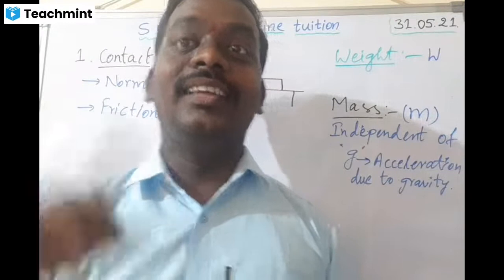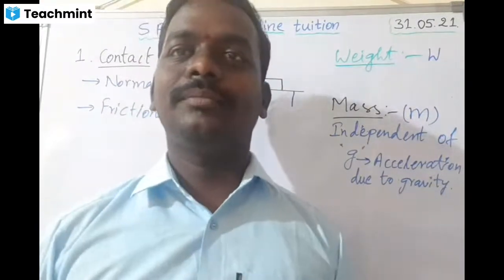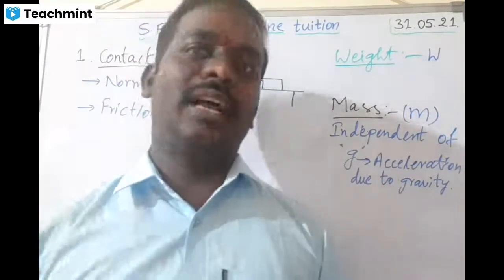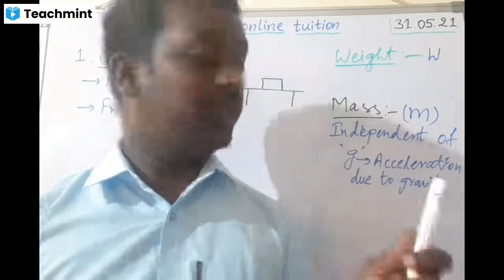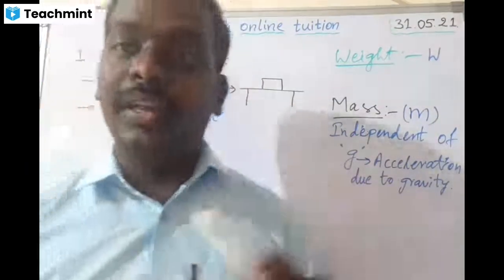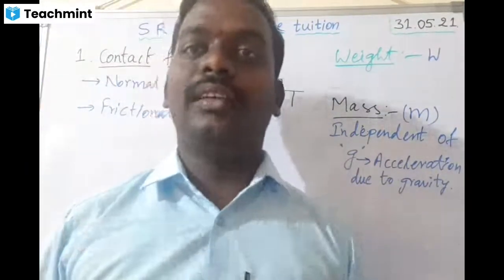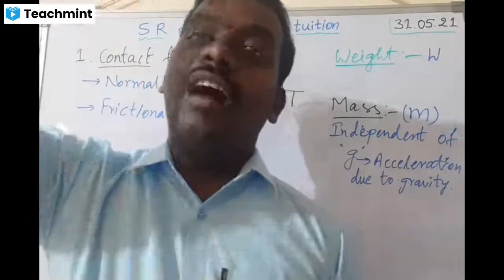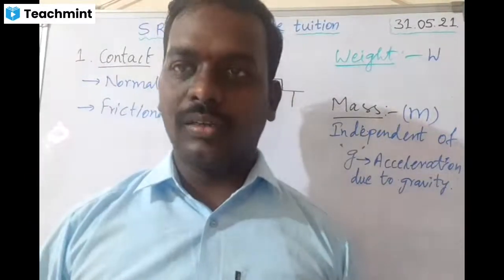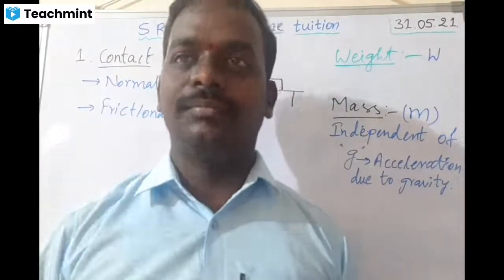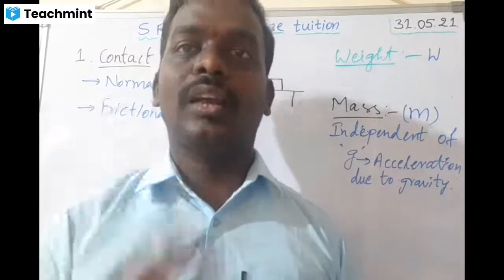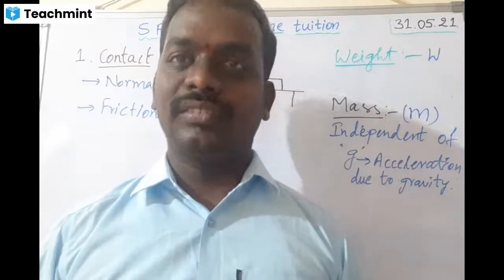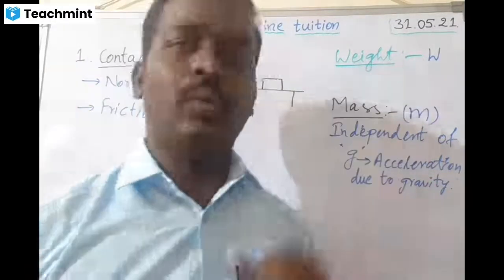Why? Because there is a difference in the what, Nana? Acceleration due to gravity. The acceleration due to gravity g value అనేది వేరియేషన్ ఉంటుంది. మన సర్ఫేస్ ఆఫ్ ఎర్త్ కి పైకి వెళ్తున్న కొద్దీ ఆ వాల్యూ అనేది తగ్గుతూ వెళ్ళిపోతుంటుంది అనమాట. So because of that reason we are unable to get that both are equal.